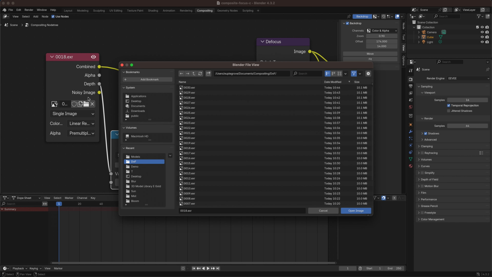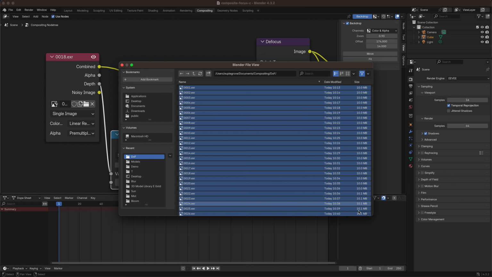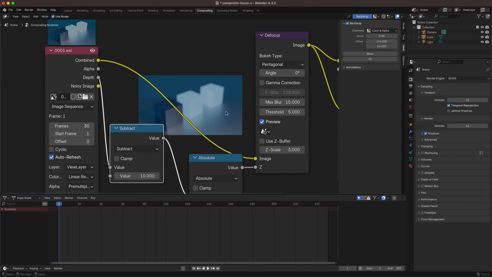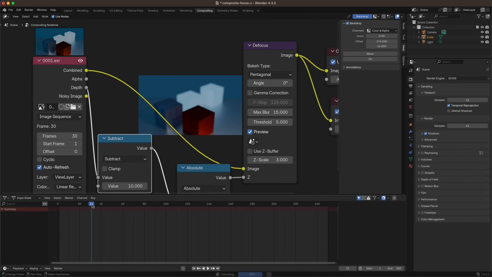From here, I'm just going to open my full sequence. In this case, it happens to be the wrong order, so I'm just going to click on the name to make sure that is correct. A to select everything, and open image. So I cannot play through because it takes a little bit of calculating, but if I scrub through, I should be able to see